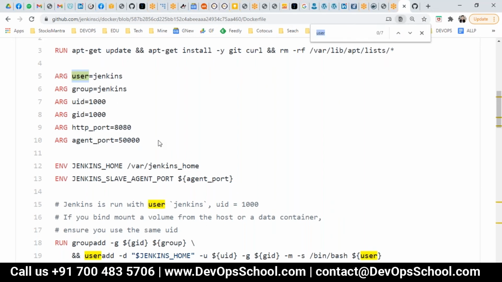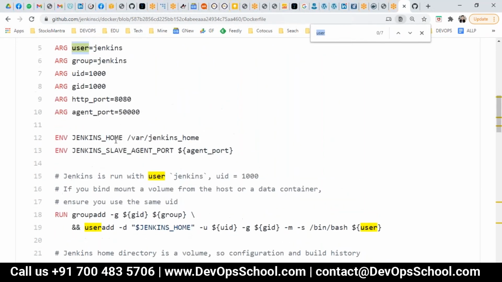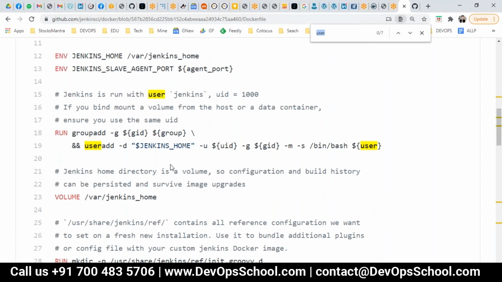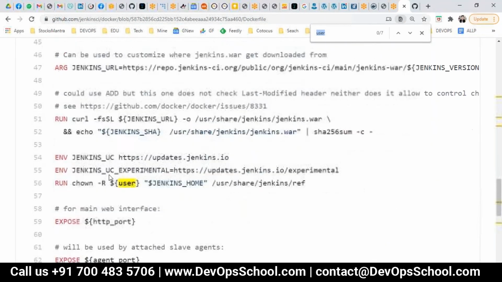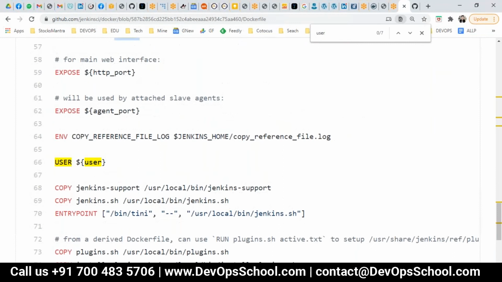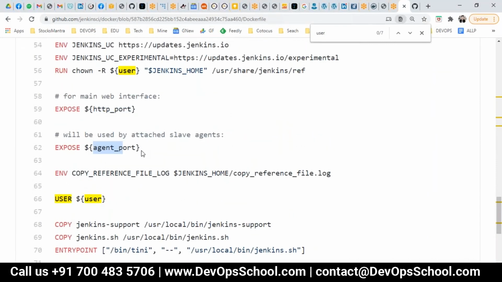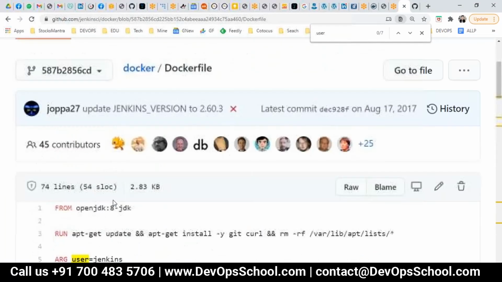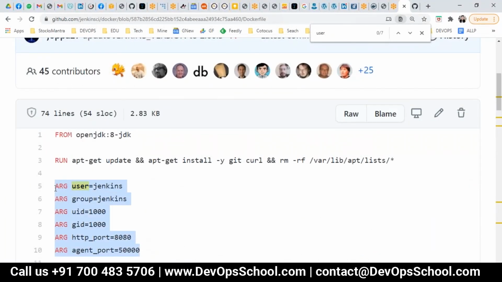So you can use the dollar sign. See here, if you set some variables using ARG arguments, then you can pass these variable values through the dollar curly braces, and that's this one. So here you see there's one that has been passed. HTTP port has been passed here, agent port has been passed here. So these are the arguments actually to the runtime environment. If you want to set it at one place and then reuse it multiple times, you set it up. Simple. This is a typical practice we do in programming languages as well. You set the variables and then reuse them as many times as you want.